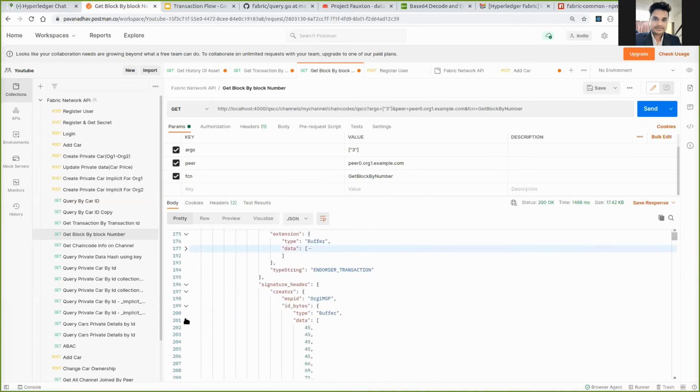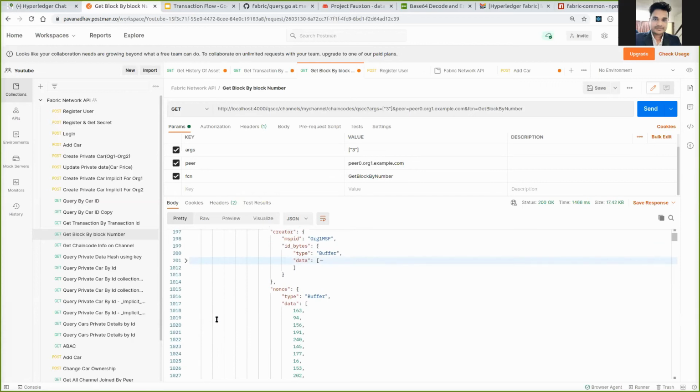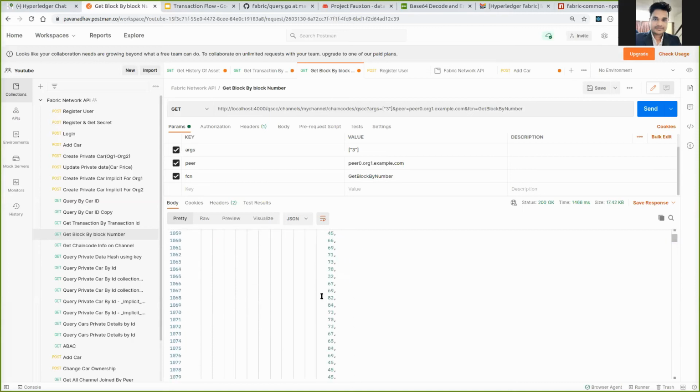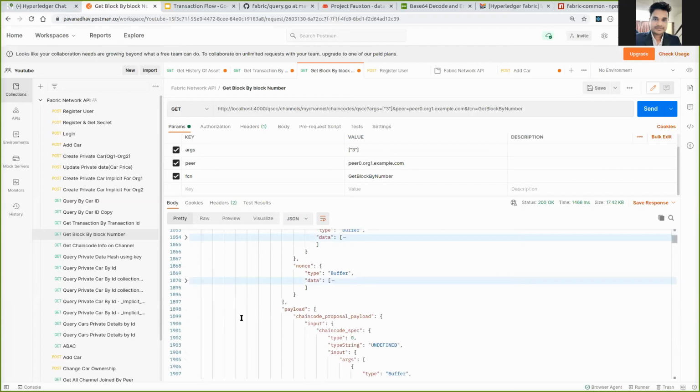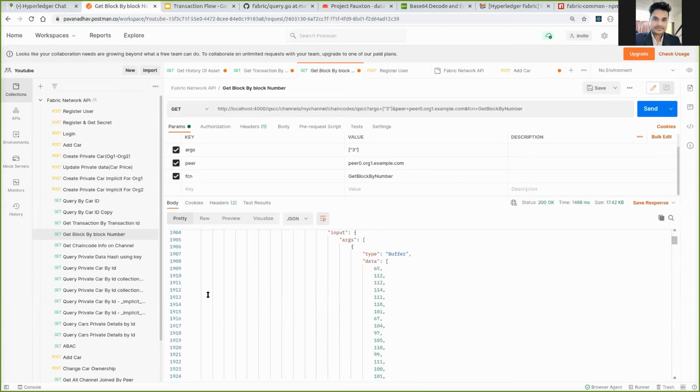The previous implementation was kind of a hack. So I was investigating how we can convert the protobuf format into the JSON format. I did that, and I was getting the encoded format of the data. Now you can see here this kind of data we are getting in the buffer format, and we'll try to decode this buffer format into a string as well.